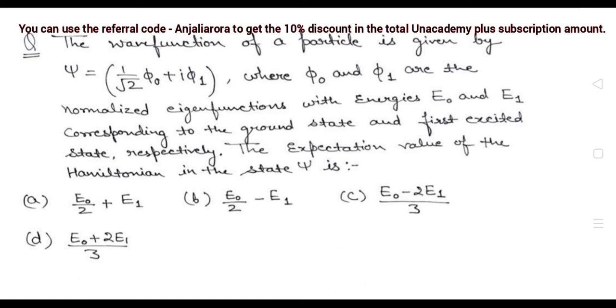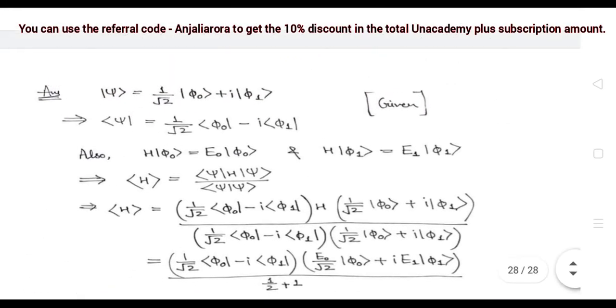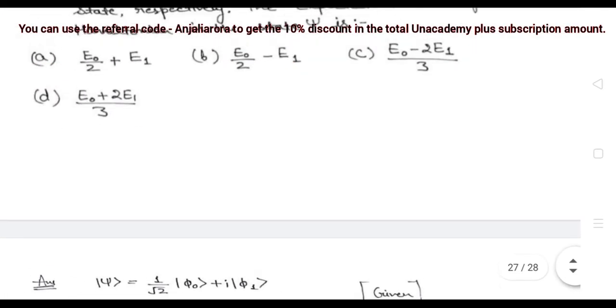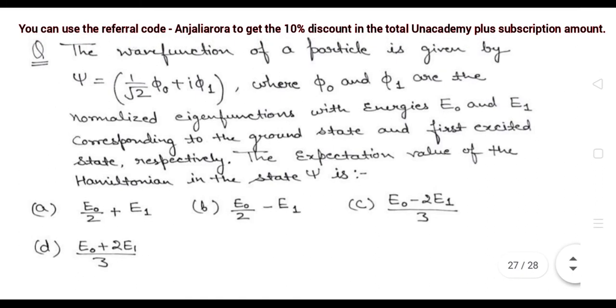So yeah, this method is the best one in this question, but somewhere it is not possible to use this one, clear? So we have to go with the other method which we have used and shown here, clear? Otherwise, in this type of questions you can prefer the expectation value of the Hamiltonian equal to summation over n of Hn Pn, or En Pn, because the Hamiltonian you can say here will be equal to the total energy of the system. So guys, I hope each and everything will be clear to all of you till this point.